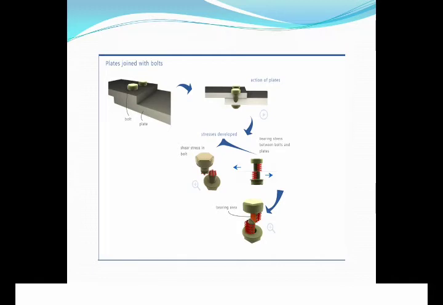Now here, when we see the shear stress, the bearing area is again shown, which is nothing but, as I told, the diameter of the bar into twice the thickness of the plate, or whatever the width of the plate will be, can be considered for the area. So that is called the bearing area in this case. Whereas in the tensile stress and the compressive stress, the cross sectional area we are considering is pi by 4 d square.